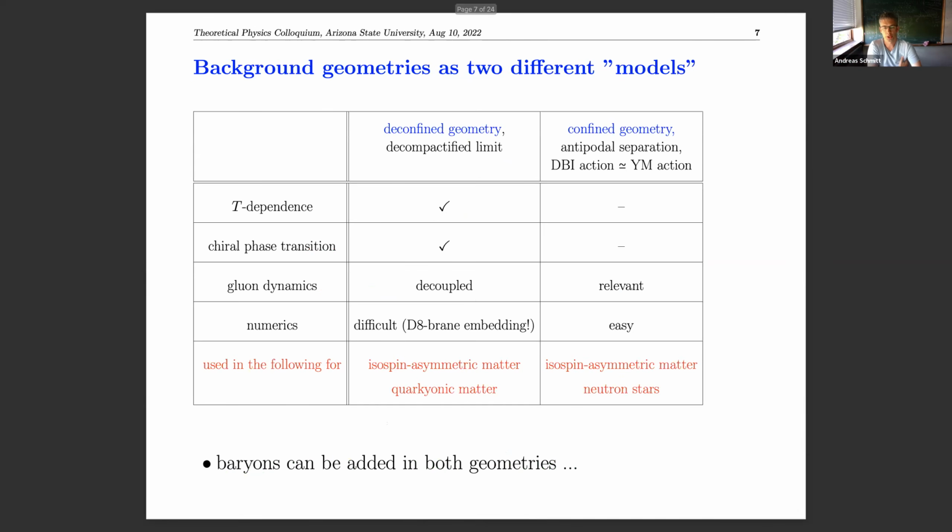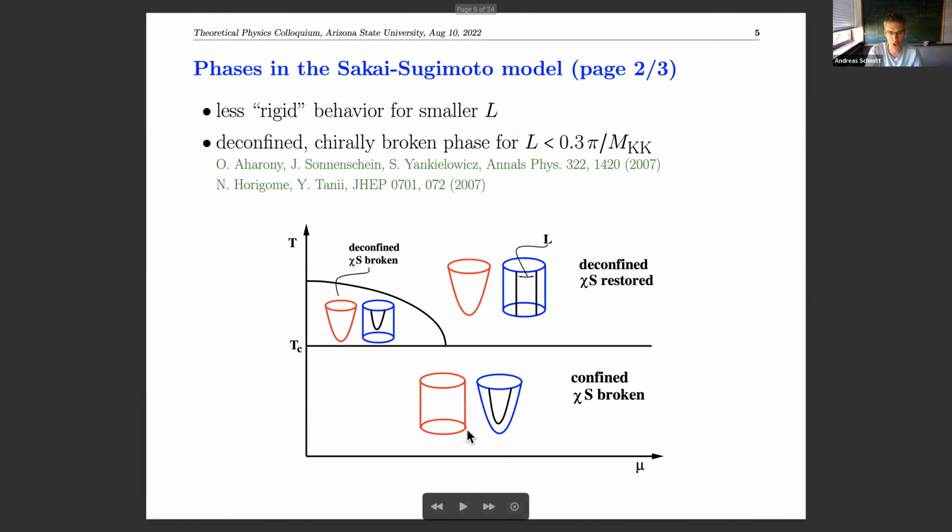Now what I want to do, this was my little introduction. So this is a bit of a bookkeeping slide, maybe for the experts. You don't have to worry about this very much because I'm using both geometries in the following for different reasons. This geometry here, the confined one, is easier to calculate. I can put these flavor branes, I can separate them maximally such that they just follow geodesics along that space, and I never have to calculate this embedding dynamically. So that's the simplest calculation I do. The price I have to pay, I will never get some chiral phase transition.